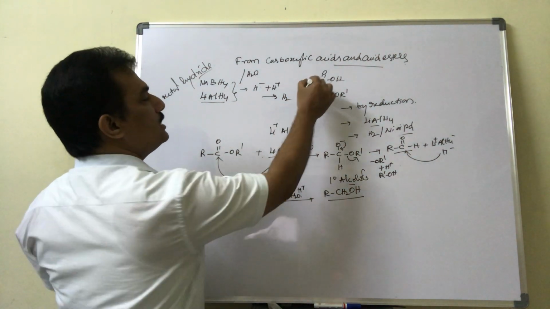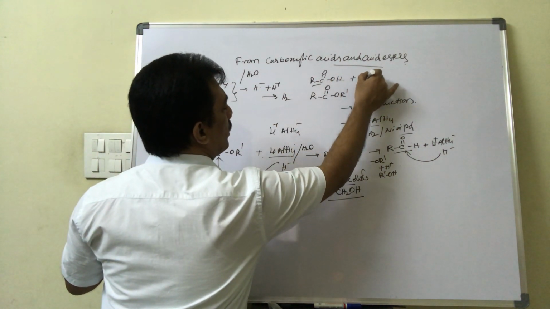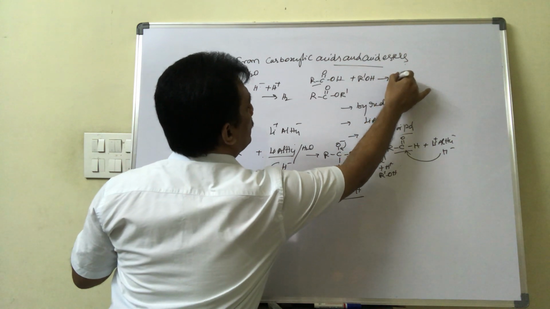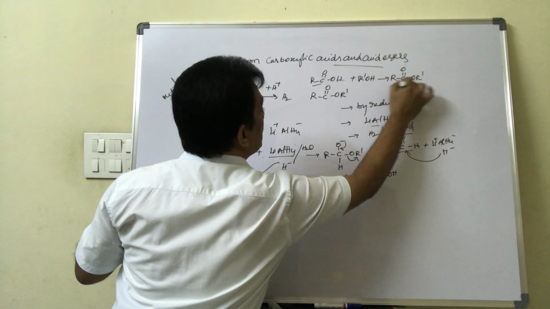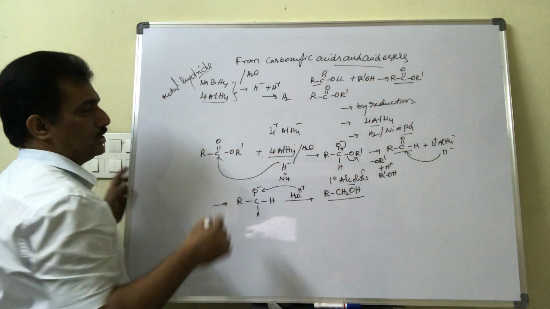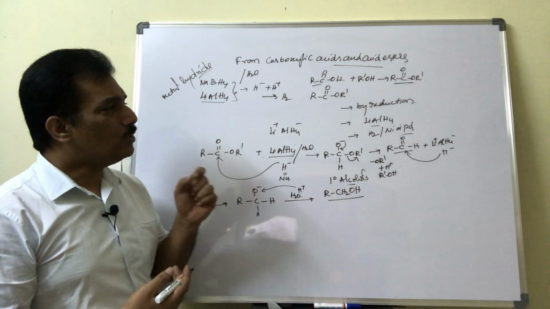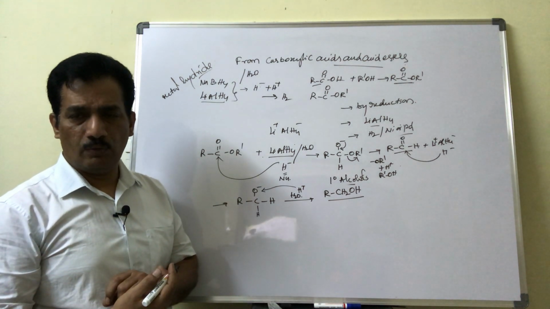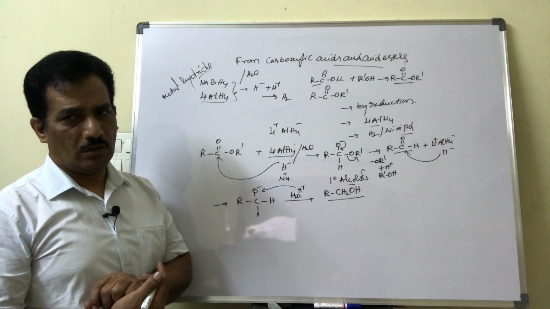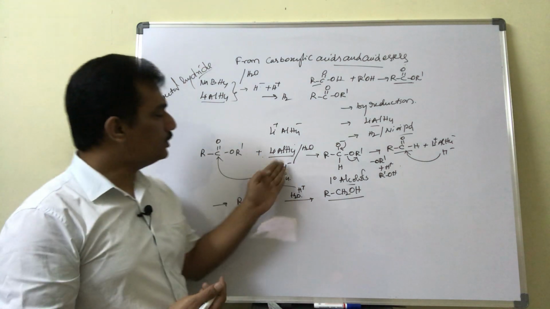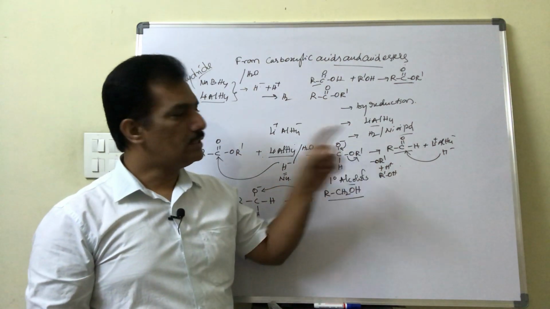And mostly, in case they are acids, the acids are first treated with alcohol and converted into esters, and these esters tend to go for reduction. It is the easy technique. Instead of directly going for the reduction of RCOOH, first they convert it into esters by treating with alcohol, and then they are reduced by using these reducing agents. Here the mechanism is like this.